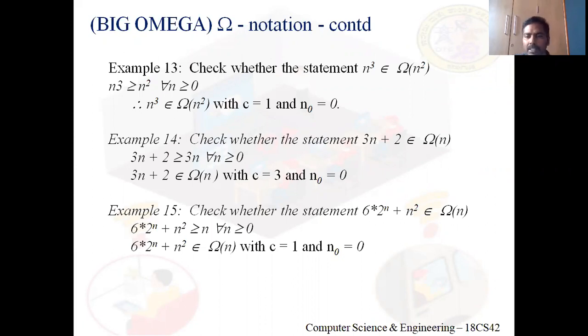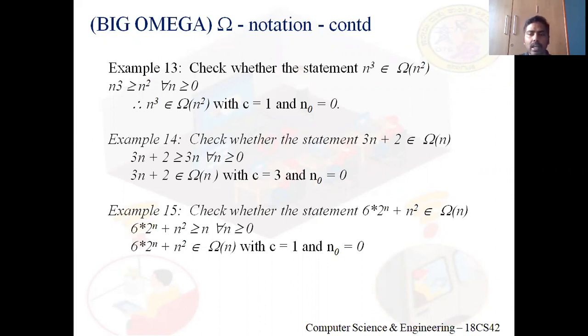Here, in the LHS, we have an exponential function, because it is 6 into 2 power n plus n square. What type of function is this? It's an exponential. It's not quadratic, because exponential has a higher growth rate. Let me assume you are given one function, n cube plus n square minus 1. What do you call this function? Will you call it cubic or quadratic? You're going to call it a cubic, right? Because the highest power is 3.